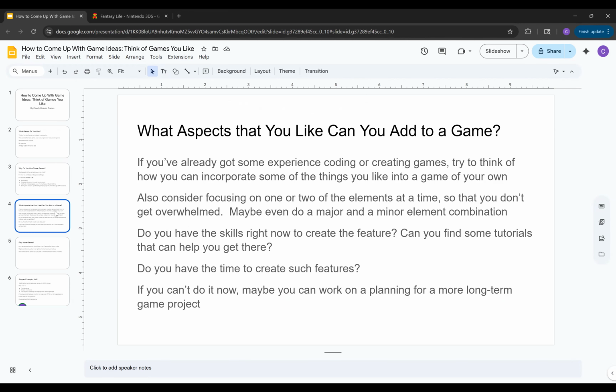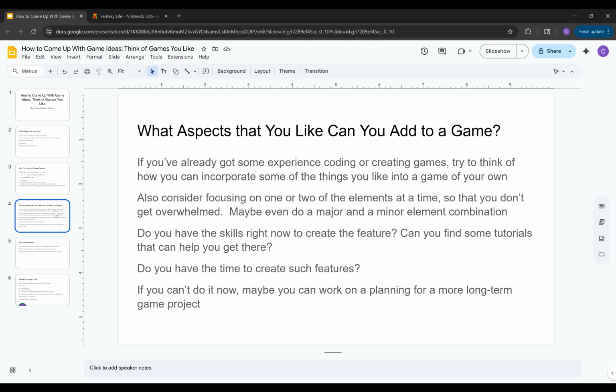Okay, so the next part is, now that you have looked at some of those aspects or features, what of those out of that list can you add to a game of your own? All right. So there's a couple of things here. If you've already got some experience coding or creating games, try to think of how you can incorporate those things based on the skill level that you have, right?